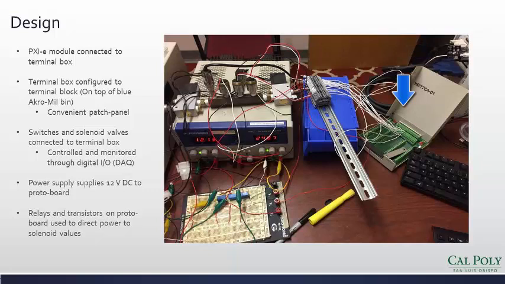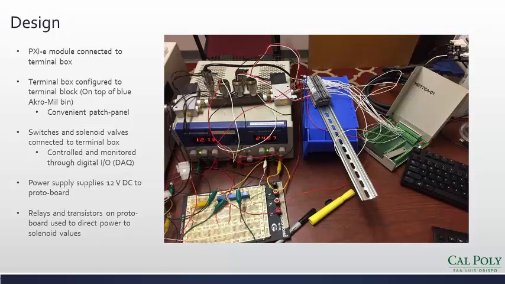Connected to the PXIe, we have a terminal box. A terminal box is an extension of one of the digital I/Os for the CPU. Using the white 20-gauge wire, we connected the terminal box to a terminal block. This can be seen on top of the blue Aquamil bin. The terminal block acts as a convenient patch panel to connect the solenoid valves and the switches to the terminal